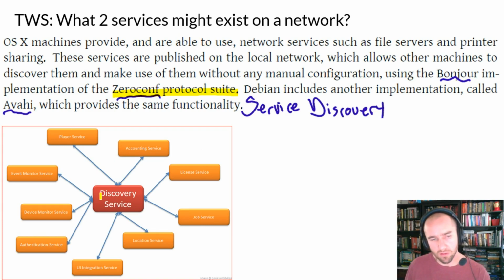You can have a server or several servers, or really a server, just one box with different virtual environments that can then offer up different things like a licensing service or an event monitoring service. Ooh, authentication down here is probably a big one. So in order for this to work, you need some program to discover where that service is that it's looking for. And if for whatever reason you don't like this Bonjour program, you can use Avahi. So Debian includes another implementation, and apparently Avahi is just the same thing as Bonjour because it says it has the same